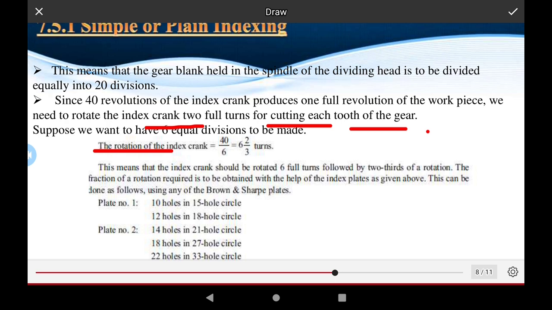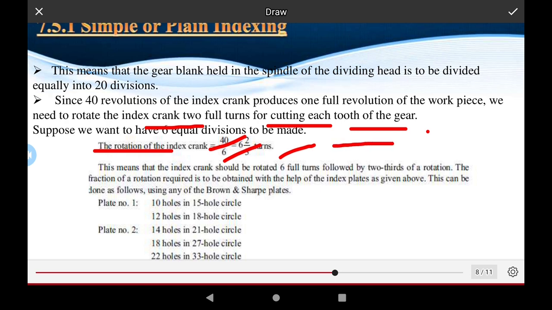Suppose that I consider 40 teeth of the worm gear, okay, 40 teeth of the worm gear and 6 teeth of the work gear, and 40 by 6 is the dividing operation, which is 6.33. This means that the indexing crank should be rotated in 6 full turns, okay, and